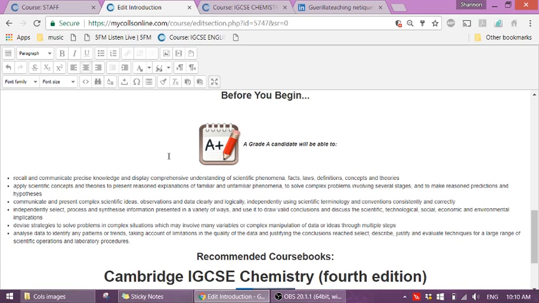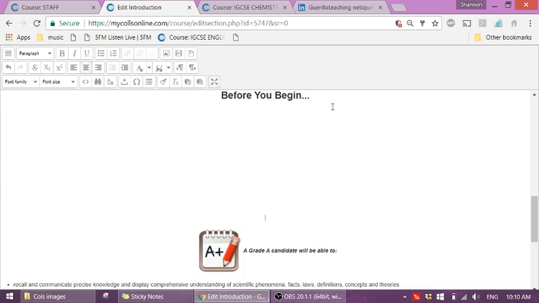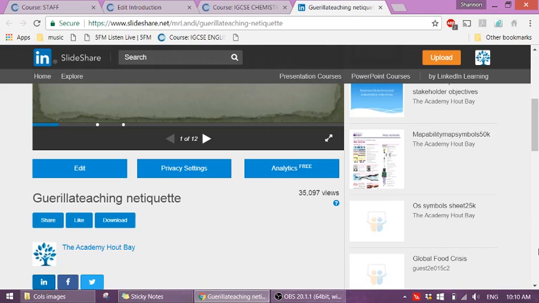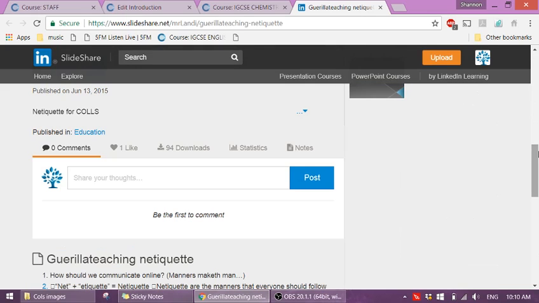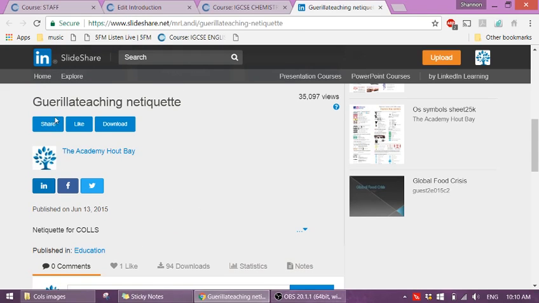Now, you're going to be working in HTML mode when you do your embedding. So I like to just put a whole lot of spaces so that I can see in my HTML mode exactly where I'm going to put my resource. Okay, so if you go back to SlideShare, and go down to the bottom, oops, I've gone too far, and you push share,